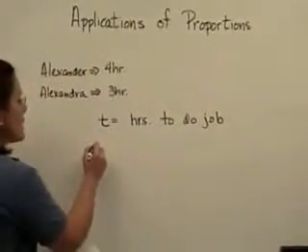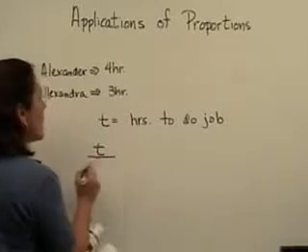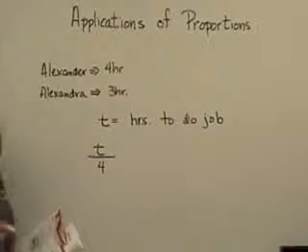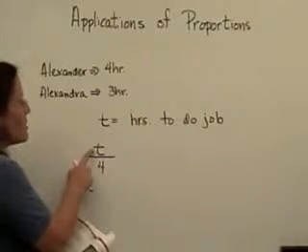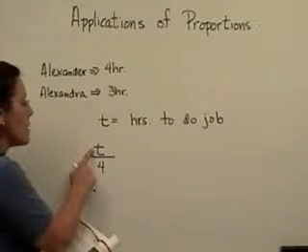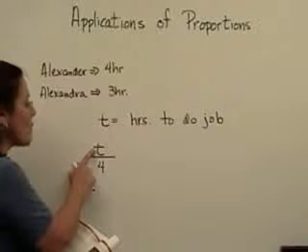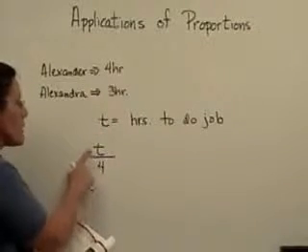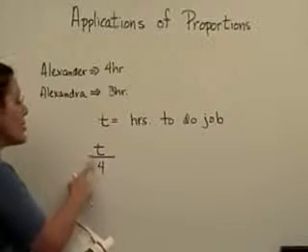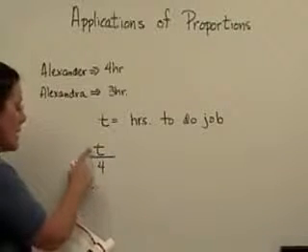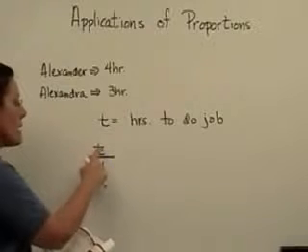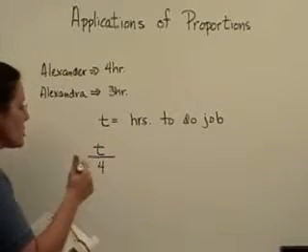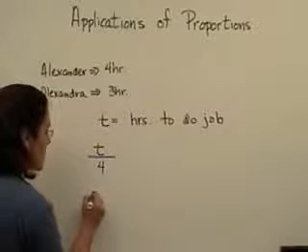If I would just take the time that it takes them working together and divide it by the time that they would do it themselves. So let's just say, again, I'm making up numbers. Let's just say it was going to take 2 hours working together, and Alexander does the whole job in 4 hours. Then he would get 2/4 of the job done. Whatever time it takes them working together, divided by his time by himself, would tell you his share